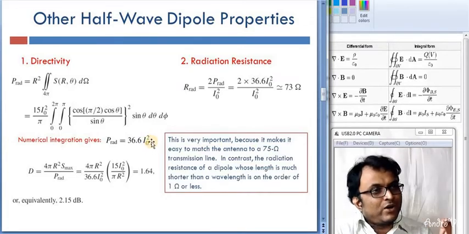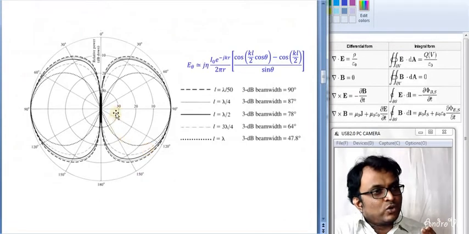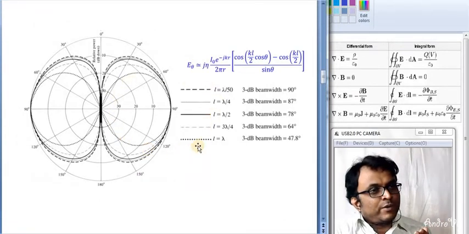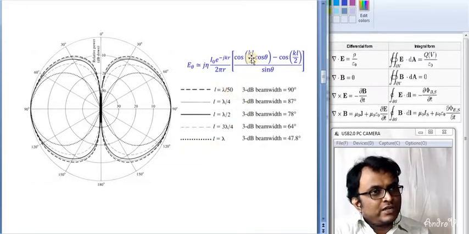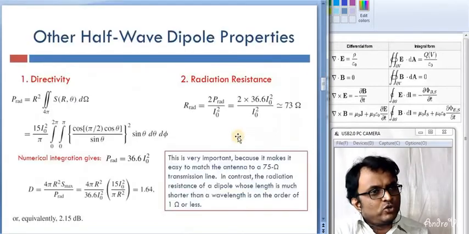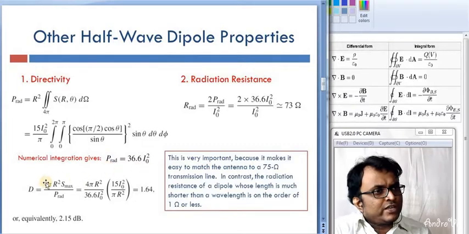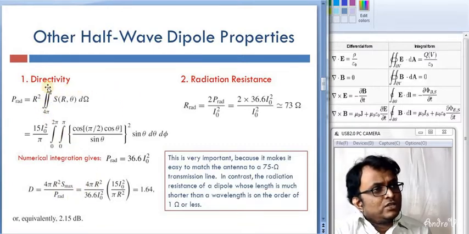So using the same power, the only way to increase this pattern is to increase the aperture length, because if I put the L value in here, I can calculate this radiation pattern, and from that I can also define the 3 dB beamwidth, or the half power beamwidth. The directivity is basically defined as the radiation from a particular direction, that is the 3 dB radiation pattern, divided by the total radiation, which is the radiation from the antenna in the total solid angle, that is the total in free space.